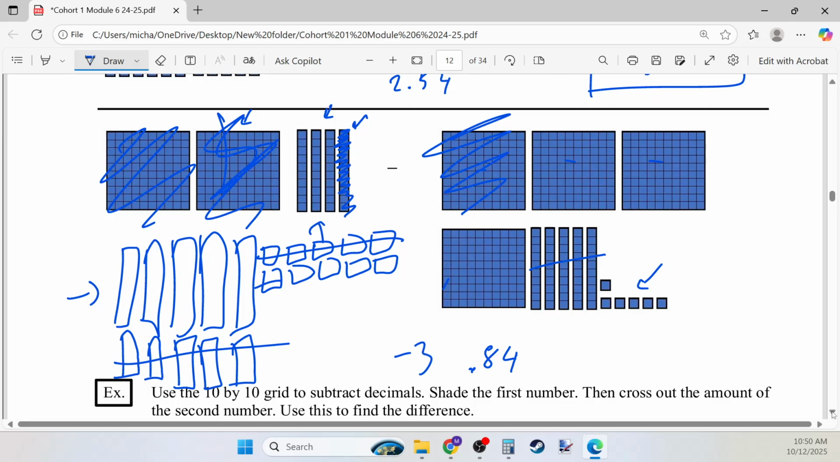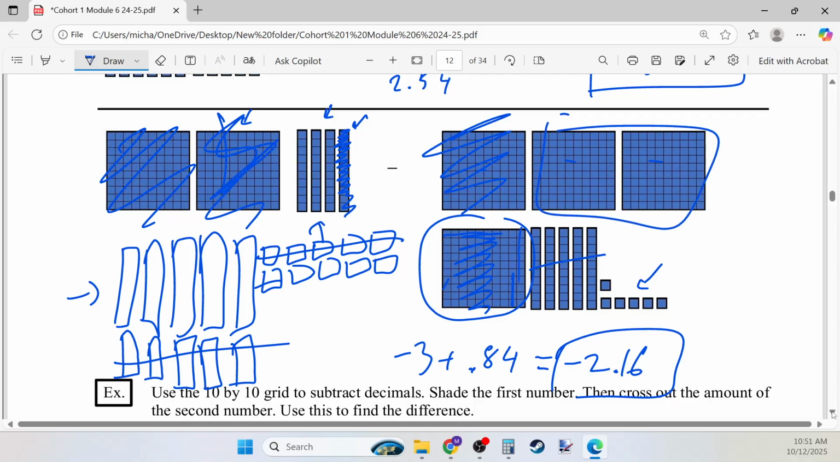I need to cancel these positive 0.84 with the negative 0.3. So I have one of these that I cancel 8 from, or more from. I'm left with 6 negatives. 2 of these, one of these that's negative, and then 6 of the hundredths that are negative. Or we could write this as 2.4 minus